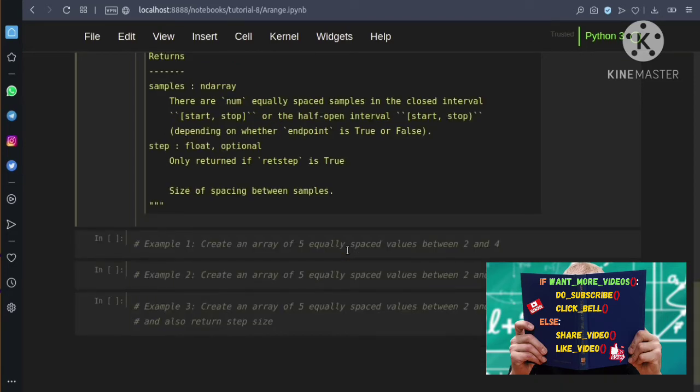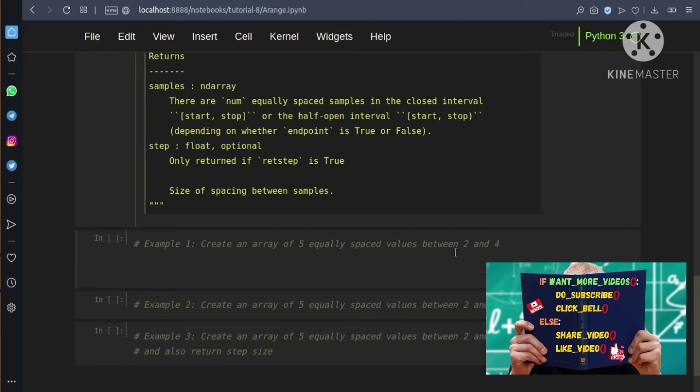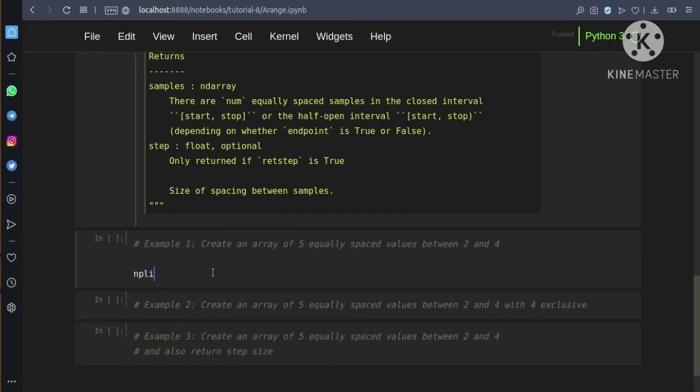As a first example, we are going to create an array of 5 equally spaced values between 2 and 4. For that we need to give start as 2 and stop as 4 and the number of samples to be 5. So let's do it with the numpy.linspace function. So np.linspace of, our start is going to be 2, and then our stop is going to be 4, and then our number of samples is going to be 5.